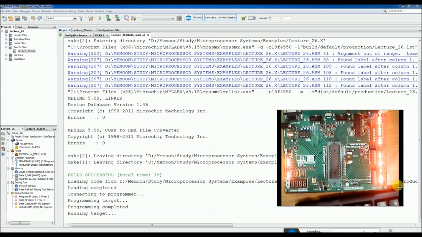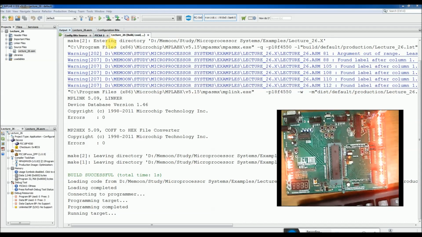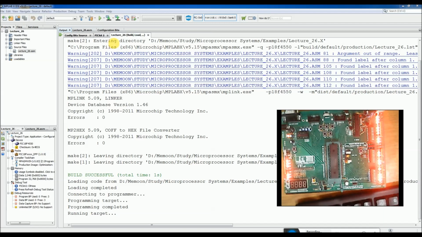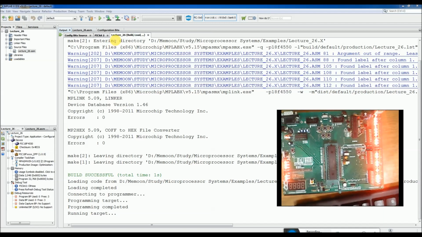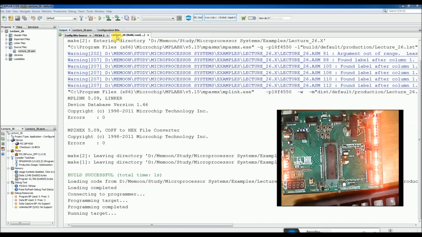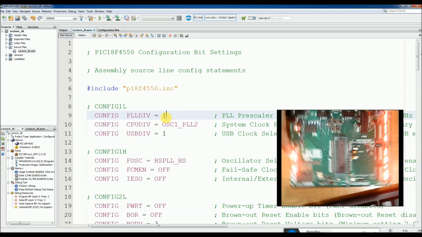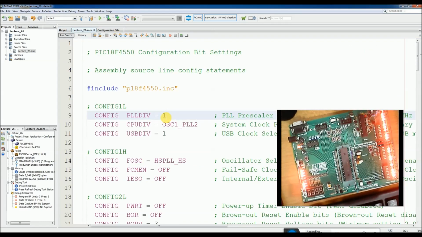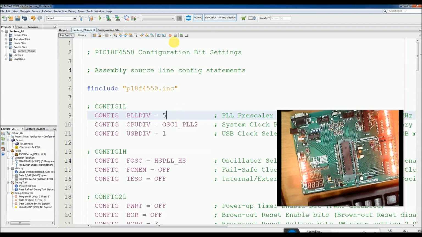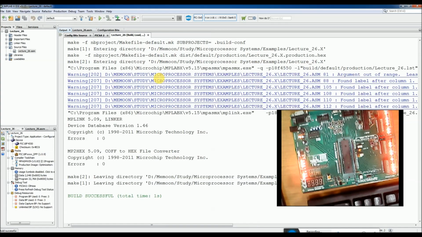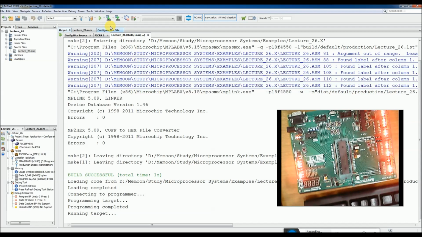Okay, so when we focus on the board, you see that the LEDs remain always on, but it cannot be captured with the camera. I can see that they are blinking so fast that the camera frame rate cannot capture it. Let me change this value to, let's say 5, and you will see that they will be slowed down 5 times. They are pretty fast, but the camera can capture them right now.